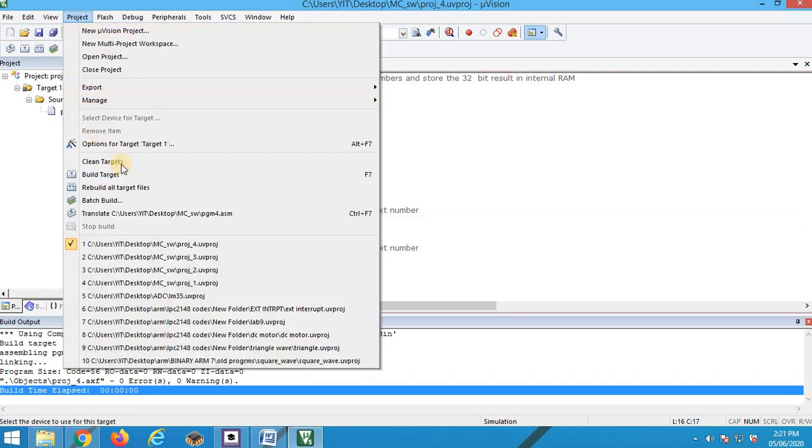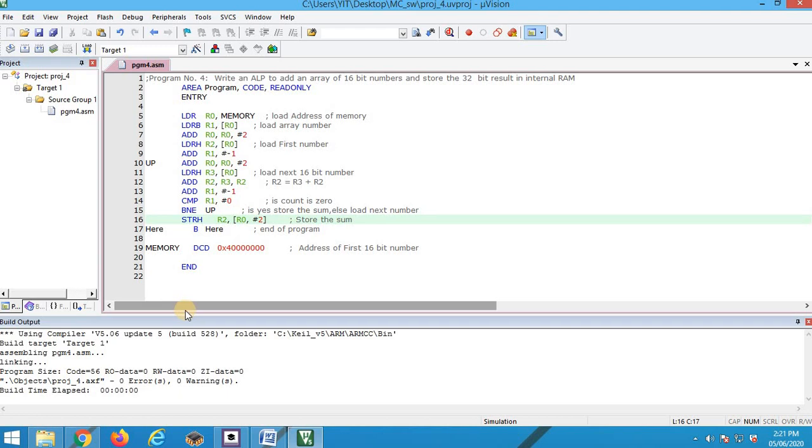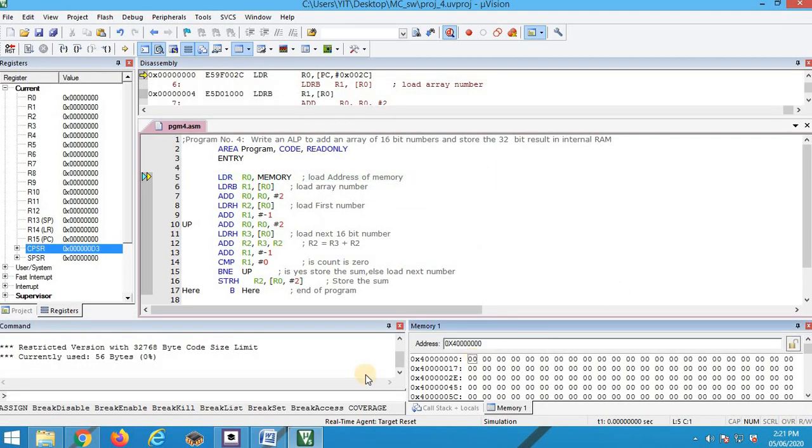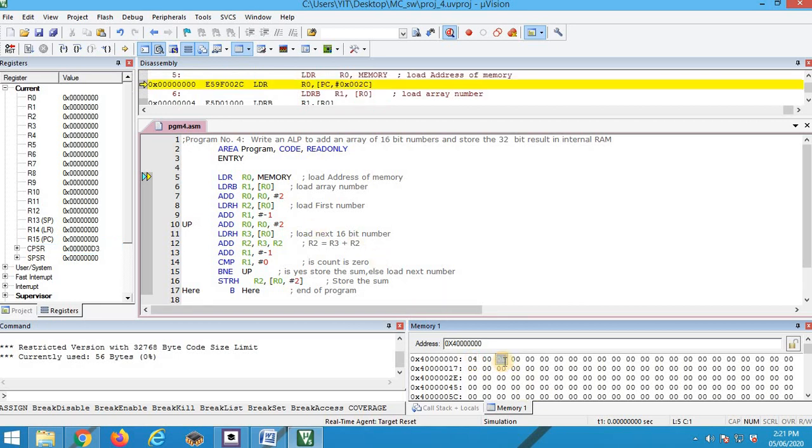Save, build. Now debug. Here let me give 4, 1, 2, 3, 4.